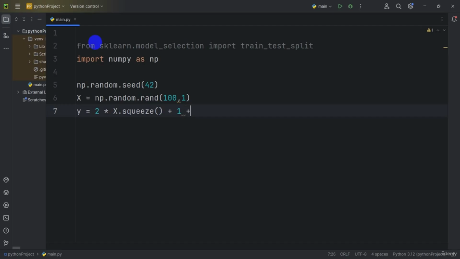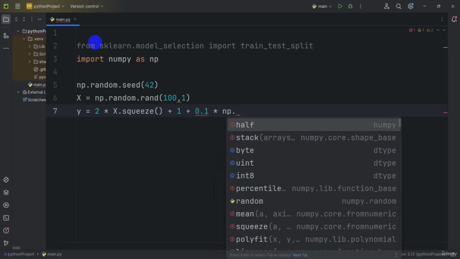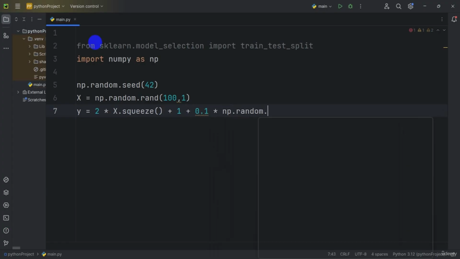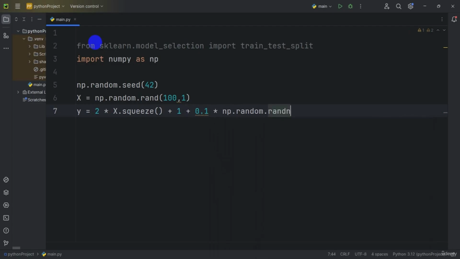And here I'm also creating plus 1, and again plus, using 0.1 as the scaling value, and again this times np.random.randn, and the value is 100. Okay, so now it's perfect. So it's the example for the target values. So it's complete, and now next is